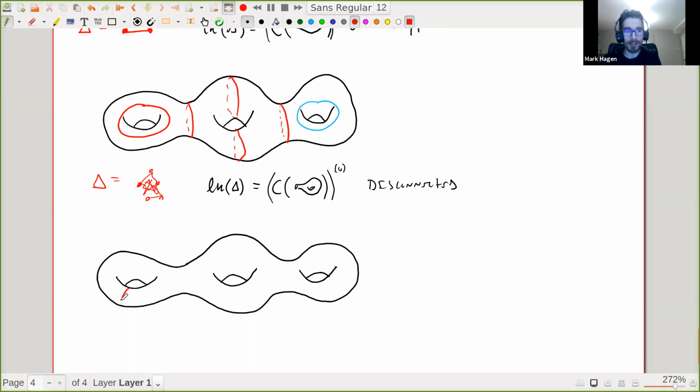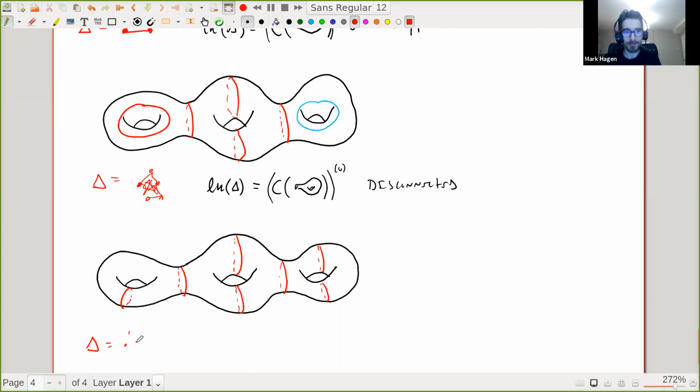There are finitely many orbits of families of disjoint simple closed curves. But if I take a maximal family, so if I actually take a Pantz decomposition,